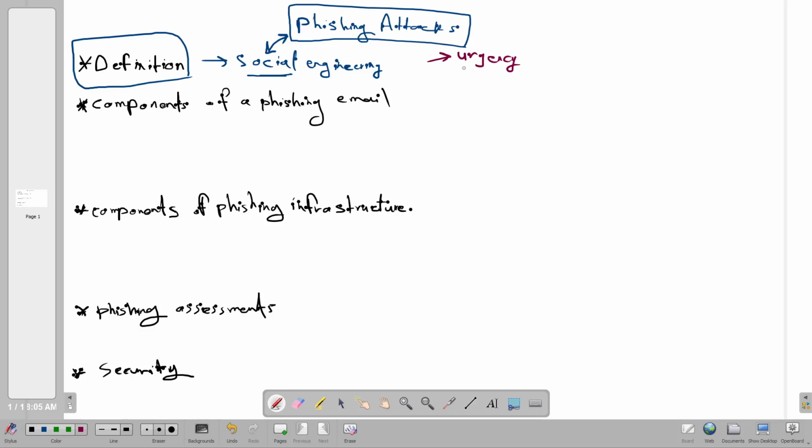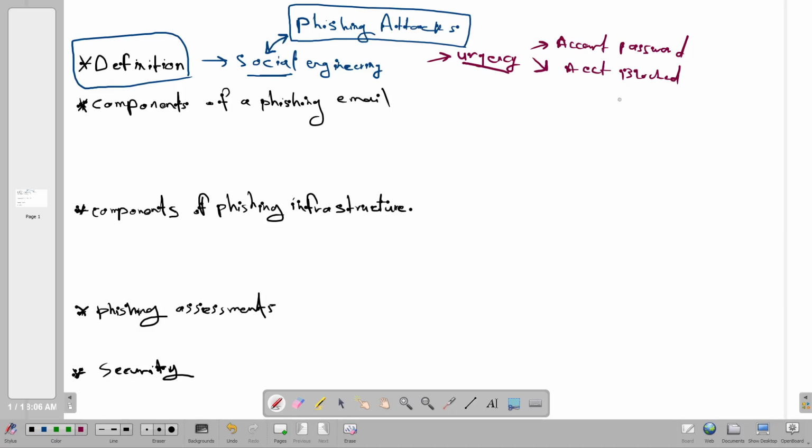A phishing email may use the factor of urgency to urge you, for example, to change your account password, claiming that your account has been compromised. Another way of urging you to take an action is to claim that your account is blocked. So they create a sense of urgency.